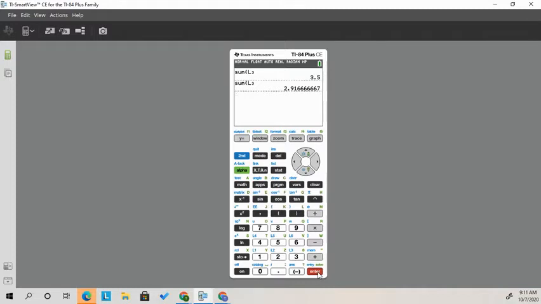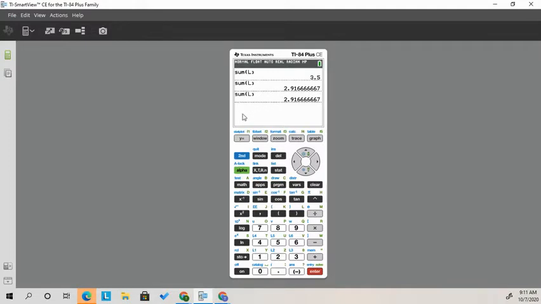A handy thing is that you can use something called second entry, and it calls back your last problem. So you could reuse this function from finding the mean and just do second entry, and it calls up your last problem, and it will redo it for you so you don't have to go back into that sum function. So the mean is 3.5 and the variance is